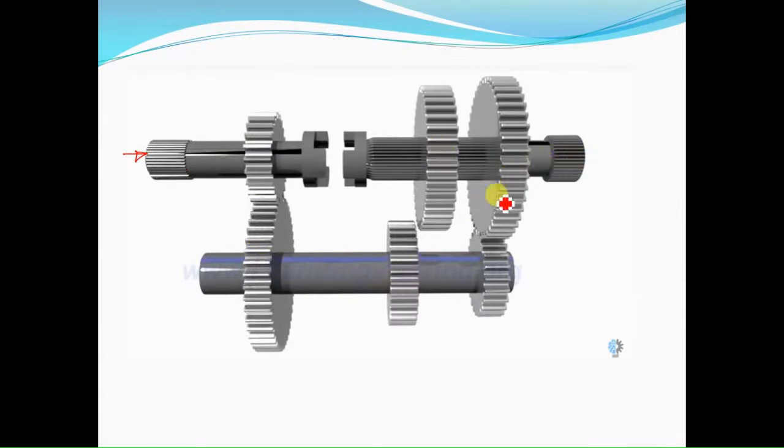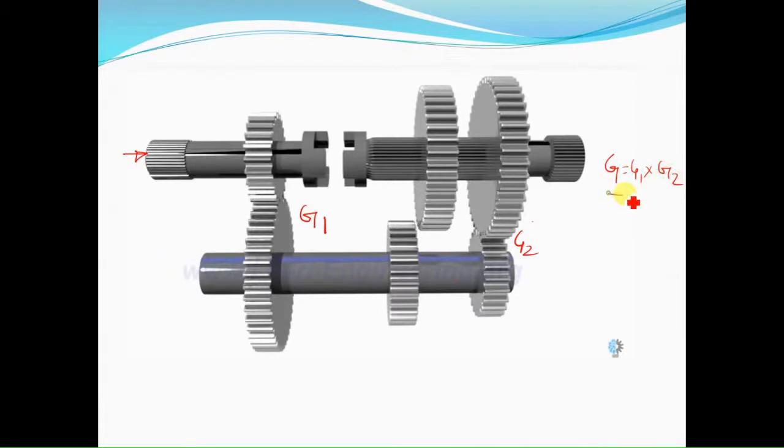Okay, in this particular case, what will happen? The bigger gear of the output shaft is meshed with the smallest gear of the lay shaft. So a gear ratio is to be obtained. Here, let us suppose this gear ratio is to be developed. Here this is G1 and this one is G2. So the gear ratio is to be formed: G is equal to G1 into G2.